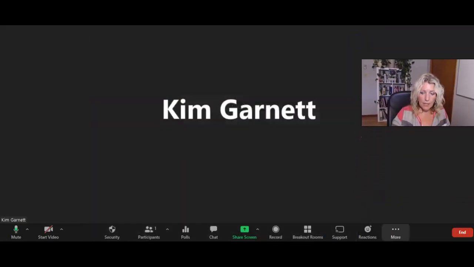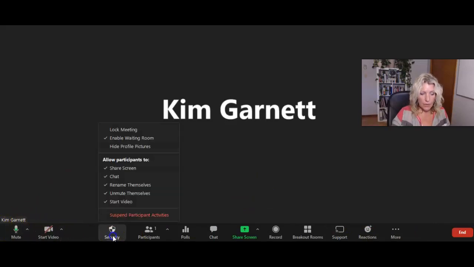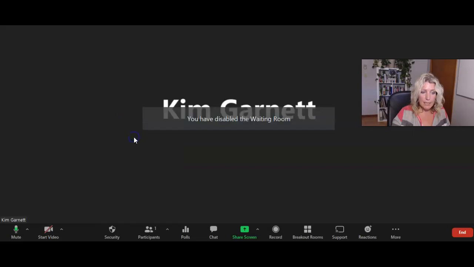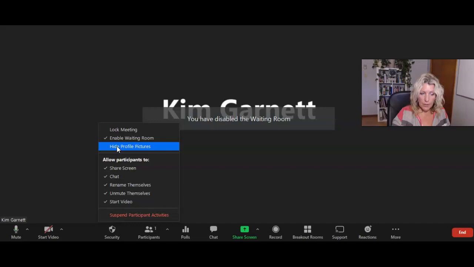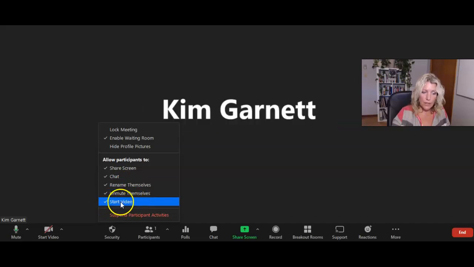And we've got one more section to cover, and that's your control panel here as the host of the Zoom meeting. So we went over the audio and the video. Let's go over to security. So this is where you could lock the meeting so no one else would be able to join, where you can enable or disable the waiting room, where you can hide profile pictures. This is also where you would say that I want to allow participants to screen share, chat, rename themselves, unmute themselves, or start video. And again, if you just click it, it'll uncheck that, and so it won't be an